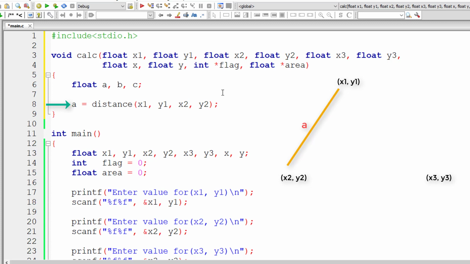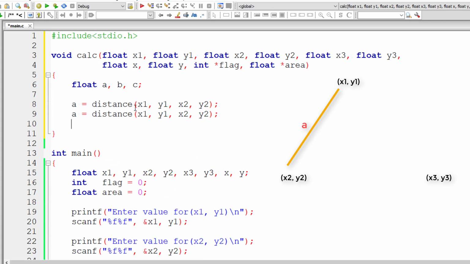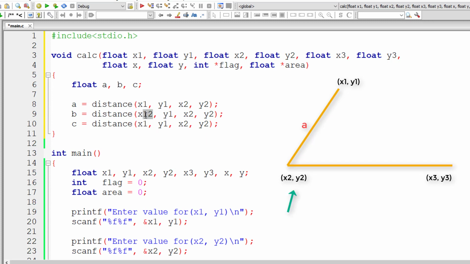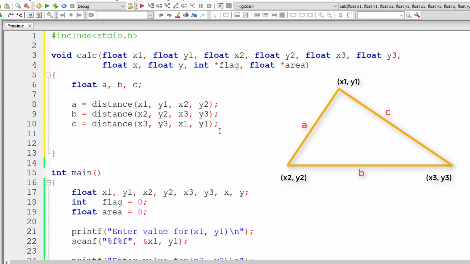And then the next distance, let me copy this once again. I'll call it b and c because a triangle has 3 sides. Now calculate the distance between x2, y2 and x3, y3, and store it inside b. Now calculate the distance between x3, y3 and x1, y1, and let us call it c. So that's how we get the distance